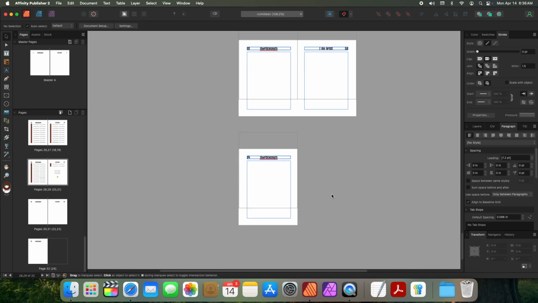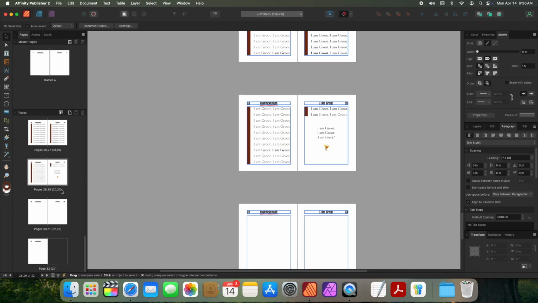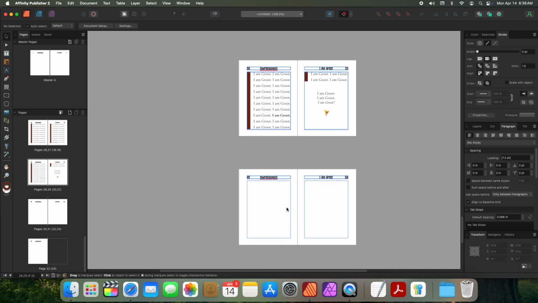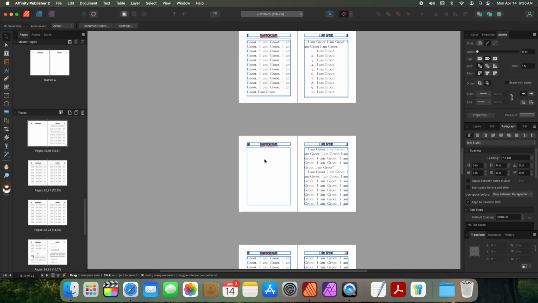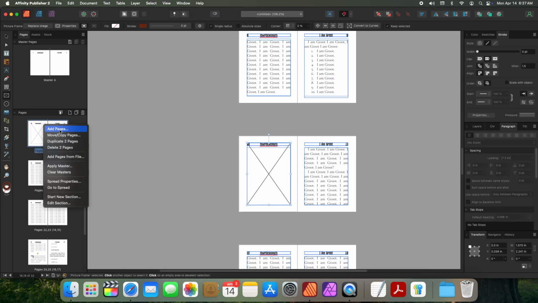So this will get us to page 29, and then we don't actually need to have these last pages filled. They can just be the back of this page and then the flyleaf. So we're just going to clear the masters here, and this should put us in really good shape, except for add a text frame, clear the master here,